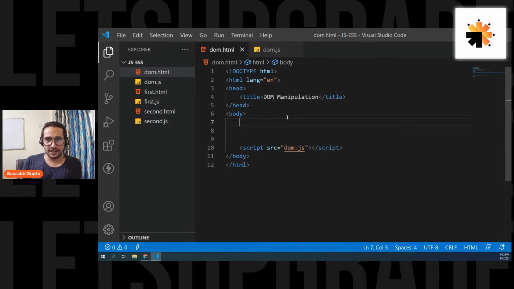Whatever HTML you create, while executing that HTML, the browser converts your HTML code into a tree. The browser converts your HTML elements into a tree, and that tree is called the DOM. JavaScript is a DOM manipulation language. That means JavaScript has the ability to manipulate that tree. JavaScript can manipulate the elements, remove an element, add an element, manipulate the CSS of the element, and manipulate the attributes of the element.